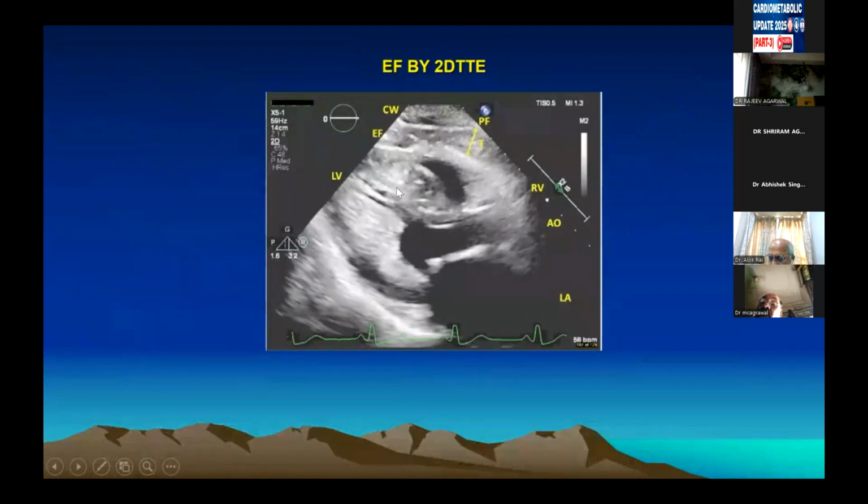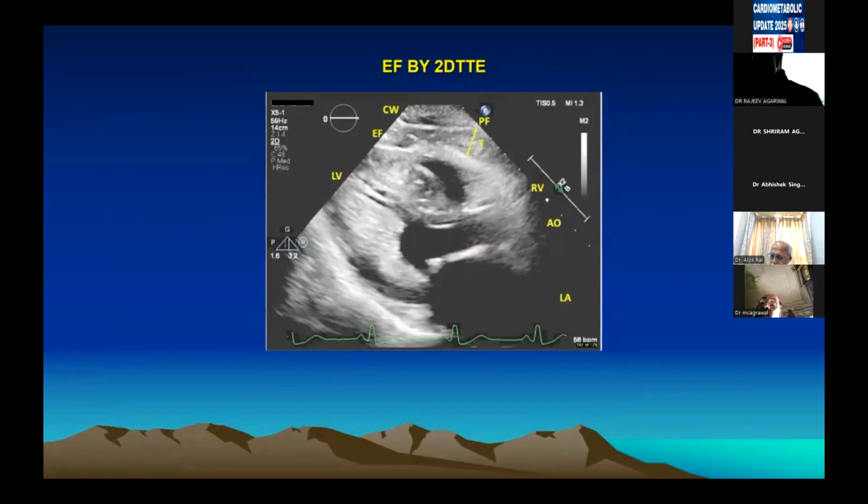Here is an illustration to show this parasternal long axis view, which we use to measure the epicardial fat. And we have the left ventricle here, right ventricle, and then this is the right ventricular wall. So this is the right ventricular myocardium, which is in direct contact with this epicardial fat pad, and one can measure the maximum thickness, usually in end systole, and also you can take an average or maximum from 3 or 4 cardiac cycles. And then, of course, on the top, we have pericardial fat here.